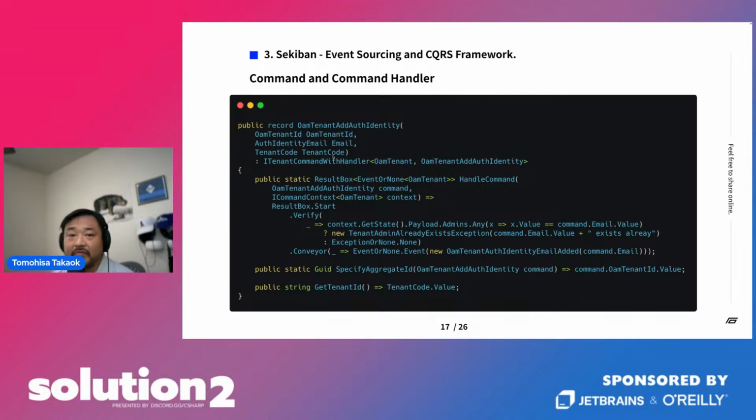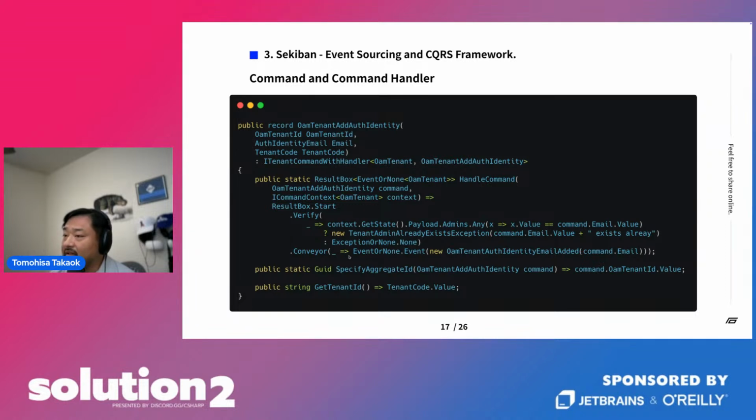So we can specify which data you want to change. After that, in the command handler, this area first verifies the data is correct. For example, if the email is already added, you cannot add it twice for the same person, so it returns an exception.